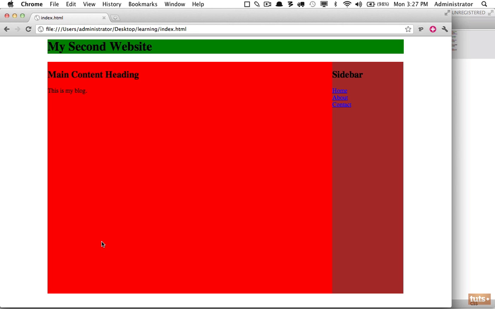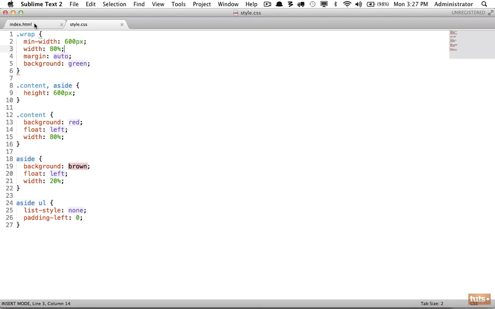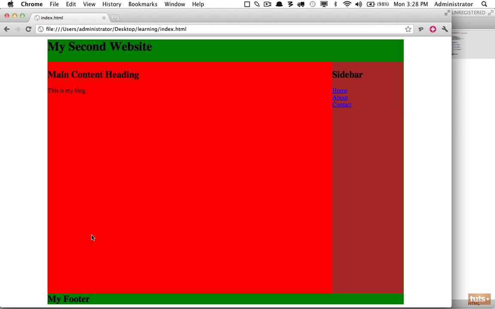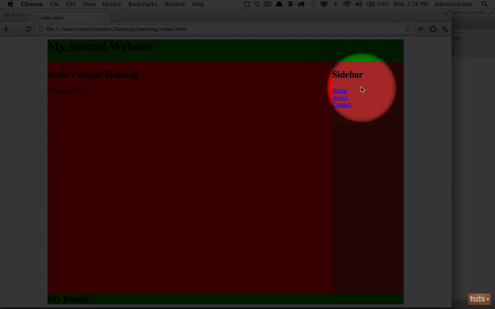There's lots of ways to fix this. One of them, and the most traditional way, is to use a CSS property called clear. So let's imagine right here we had a footer, and this is a new element for you. It designates the footer of a particular section, whether it's a blog posting or a website. And I'm going to say my footer. Now if I refresh, notice how it seems to trigger the wrapper. And the only reason it's doing this is because both of these elements, this one and this one, are floated,